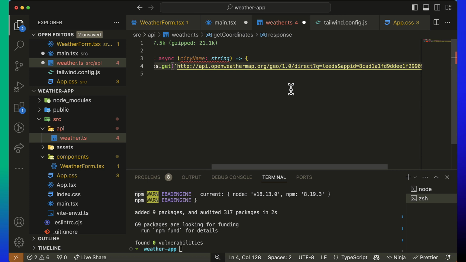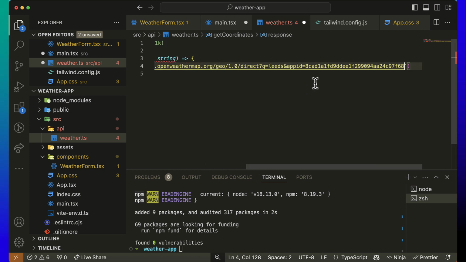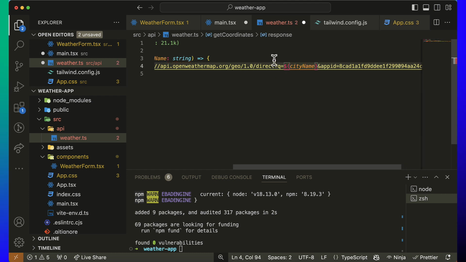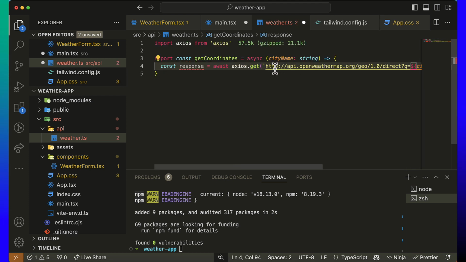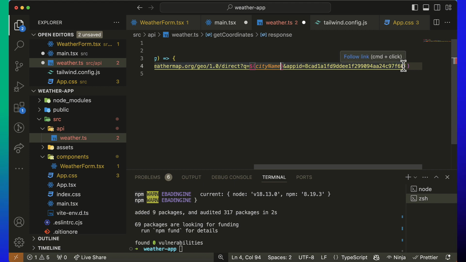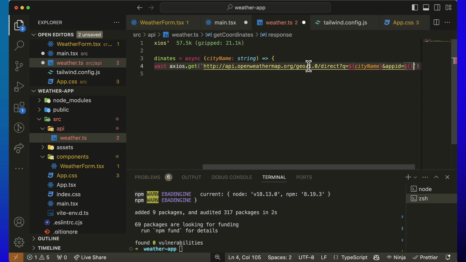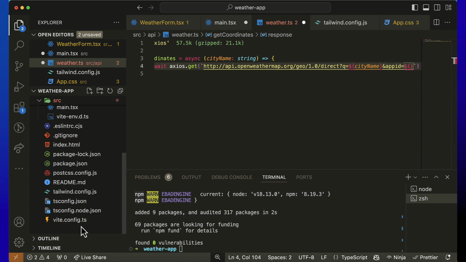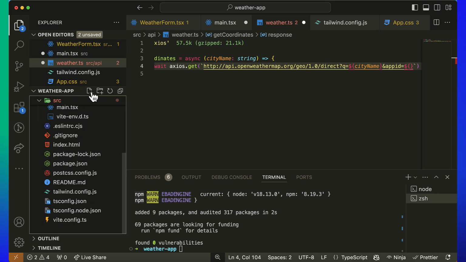Paste that in, and we're going to remove the city name there, just replace it with our parameter so we can get that from our user input. And here as well, we're just going to replace this with our API key. So in order to do API keys in Vite, first we need to add a .env